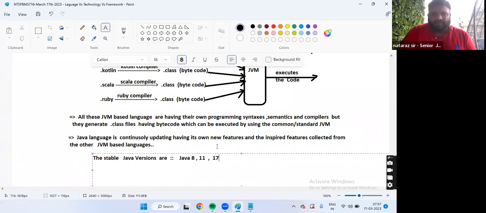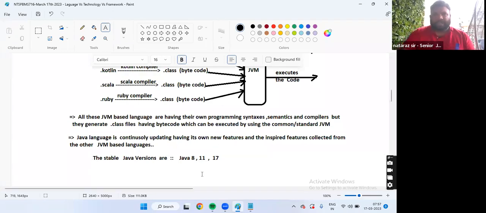Nowadays, they confirmed 17 also as another stable version. 19 is the latest release, boss, but in stable versions, 17 is the highest right now.